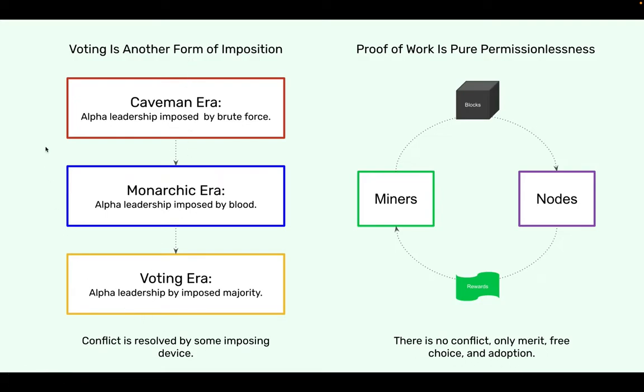In the systems that we evolved for conflict resolution in purely subjective and human decision making, they're usually imposed, especially voting. In voting, if you think about it, when you live in a nation and you want a certain politician to win an election, if the other side wins by 50% plus one vote, you lost, and one half of the population lost, and they have the leader that they do not wish, but they have to accept it. So there is an imposition. In the blockchain industry, it's only merit, free choice, and adoption, and I'm going to talk about this in a minute.